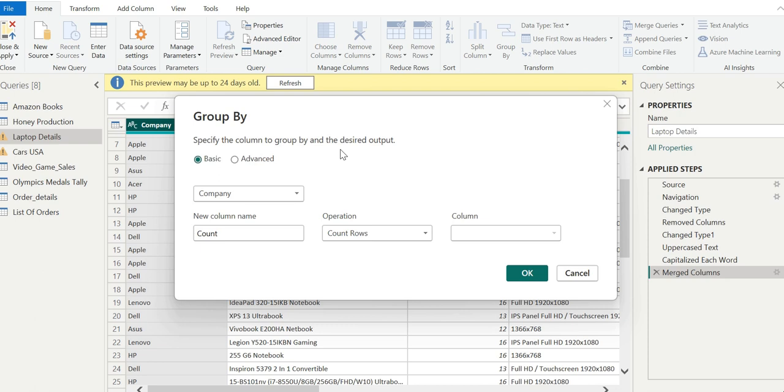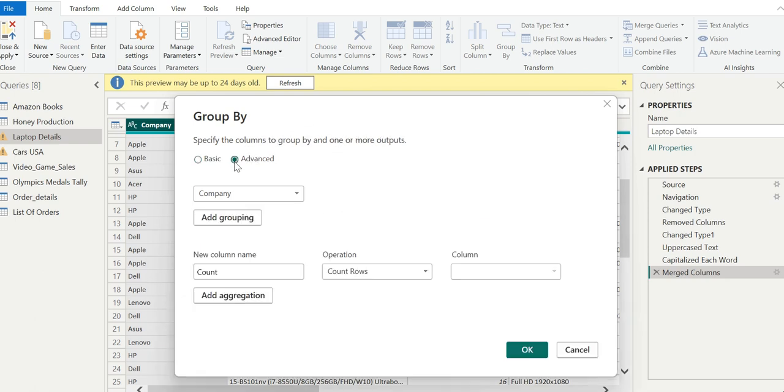Well, if you switch over to Advanced, there are a few additional options. For example, we cannot just aggregate based on a single column, but we can aggregate on the basis of many different columns. This is the feature of Advanced. So we can have more than one aggregated value.